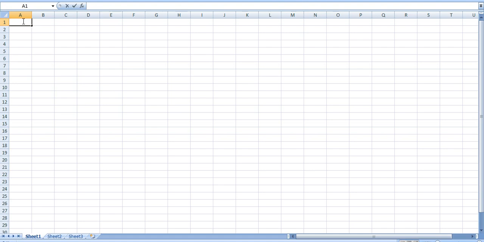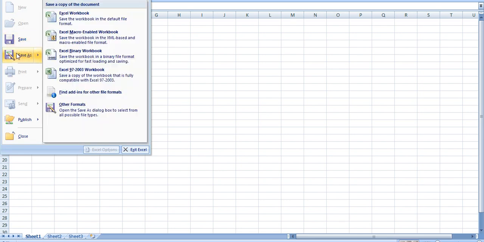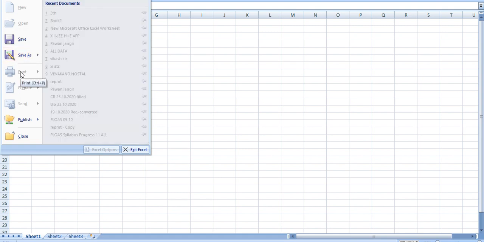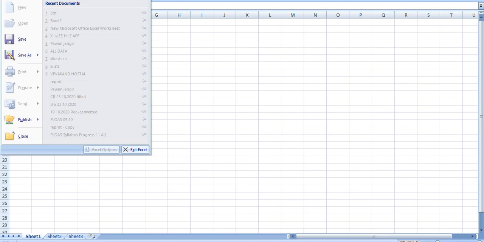If you want to create your file, then we have different options here also, like new files, open an already created file, or you can save your files. If you want to save your file with a different name, then you have to use the option Save As also. There is an option of printing, like if you have completed your work and you want to take a printout, and if the printer is connected to your system, then you can take the printout also. These are some options available. Then publish, close, if you want to close the document. So all these things are available under the File tab only.